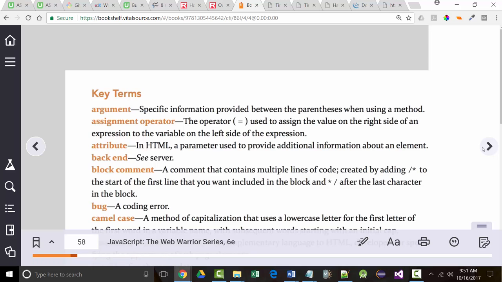And all that stuff is shown in these key terms. I'm not going to run over them with you, but on pages 58, 59, 60, 61, and the top of